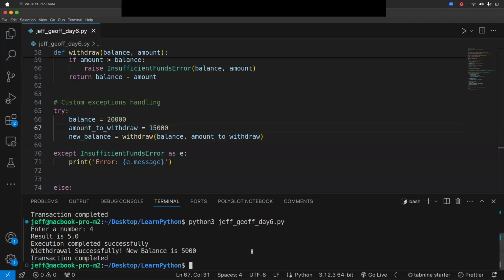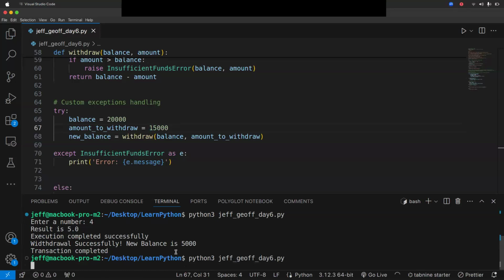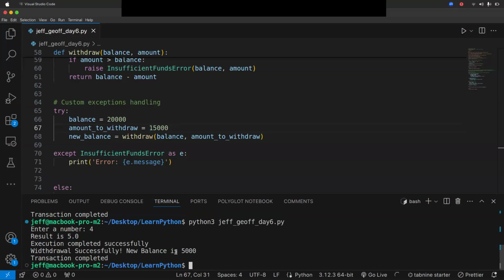Forget about the other first part, but you can see execution completed. Withdraw successful. New balance is 5,000.